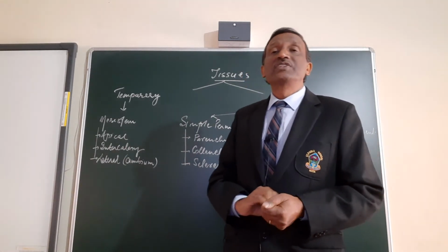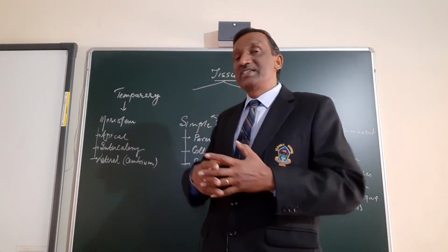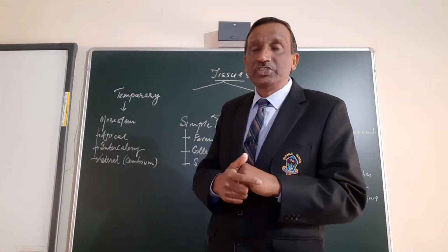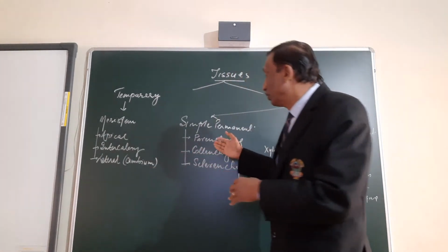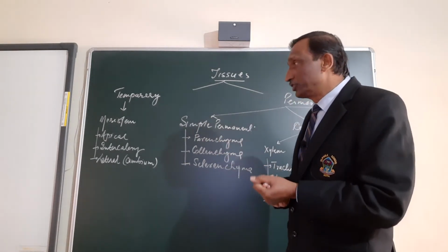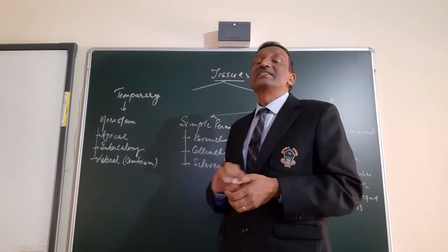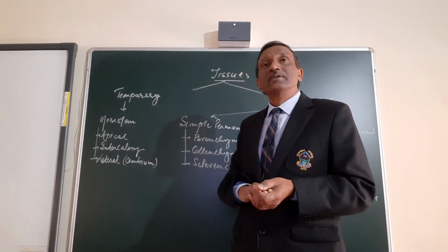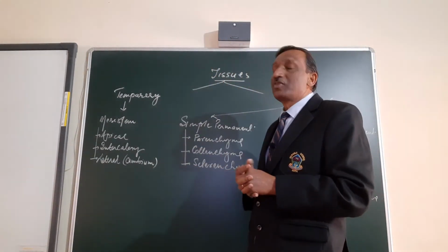Primary meristem is the one which is primarily meristematic. They are born as meristematic, whereas secondary meristems are those which were initially carrying out some other type of function, but as per need they have changed from that permanent tissue, either from parenchyma or collenchyma, into meristematic. So those types are called secondary meristem. So the lateral one, that is the cambium, is actually a secondary meristem, whereas the apical and intercalary are, on the basis of their origin, called primary meristem.